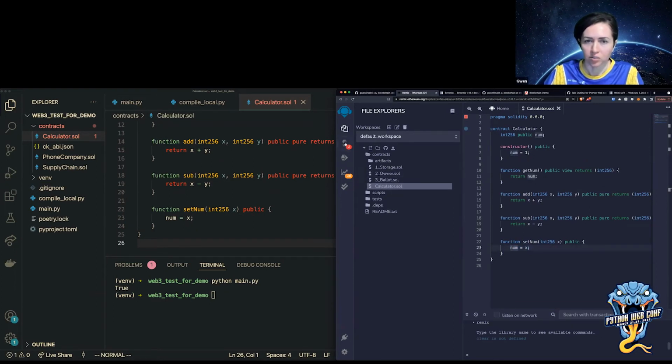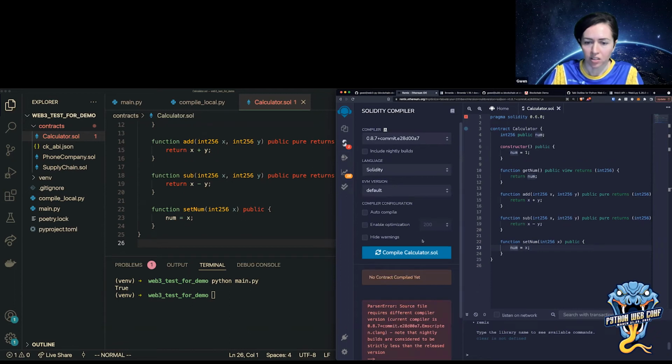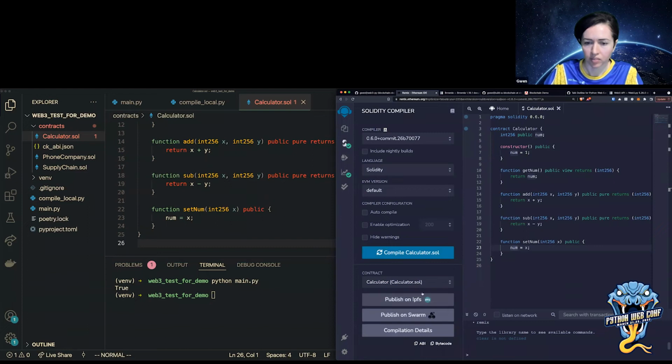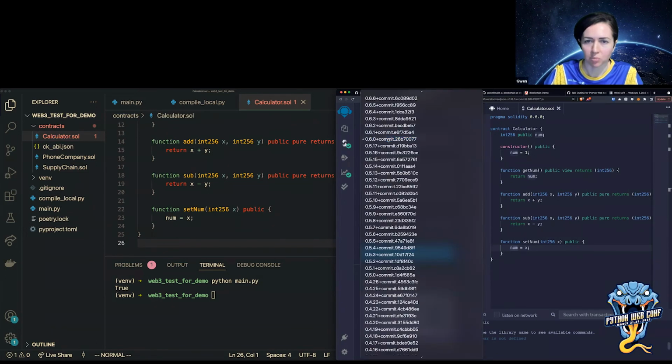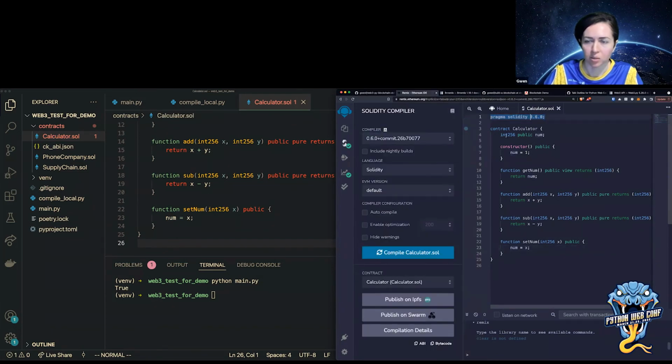So I'm going to look at first compiling this contract. If I try to compile it, I should get an error. Oh no, actually when I hit compile, it automatically changed my compiler version to what I set up here. So now there's no more error. And it should automatically set these options, so I don't have to change anything. And it compiled.